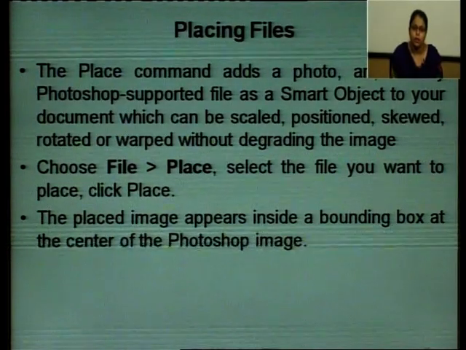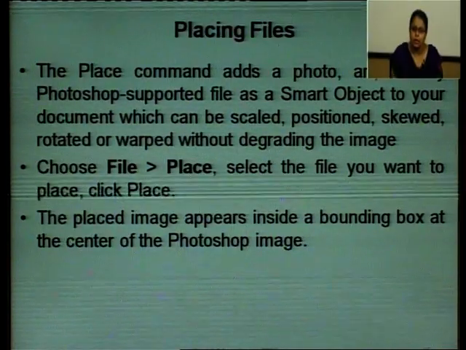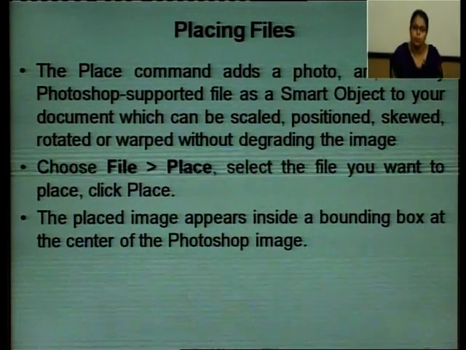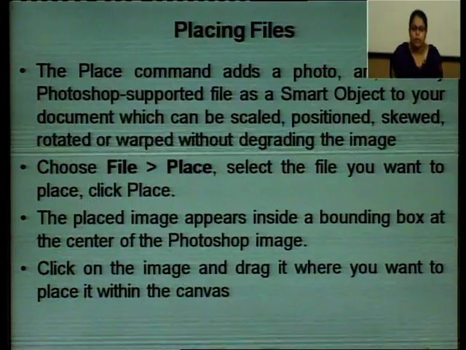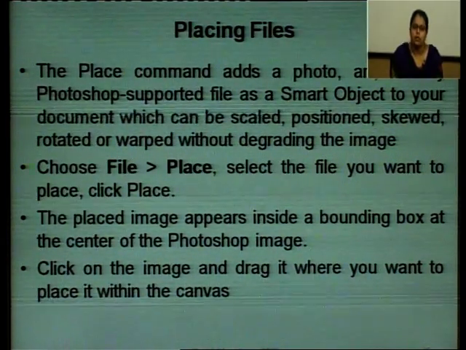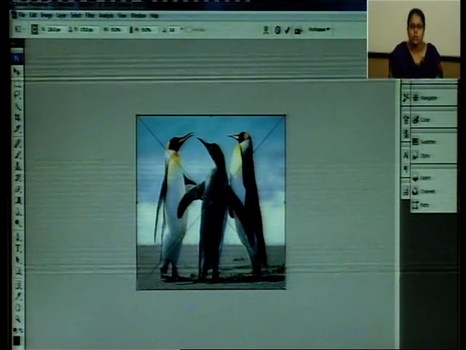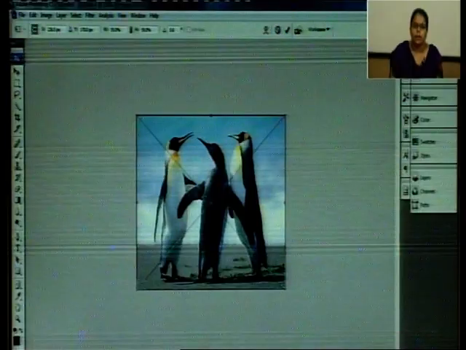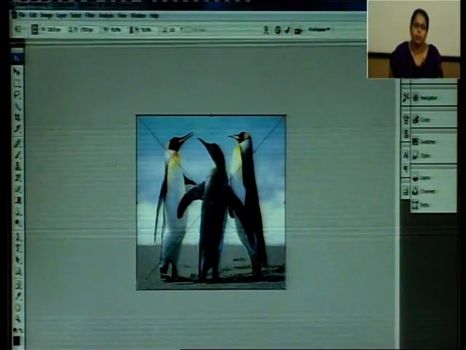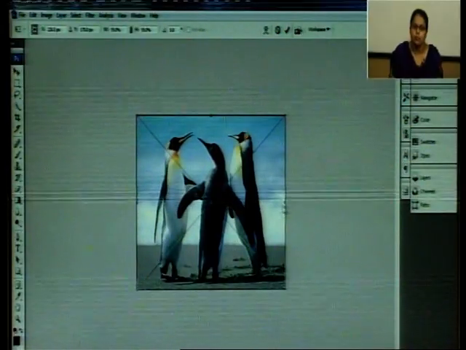The placed image appears inside a bounding box at the center of the Photoshop image. Click on the image and drag it where you want to place it within the canvas. So this screenshot shows how an image is placed in the Photoshop document. This is surrounded by a boundary